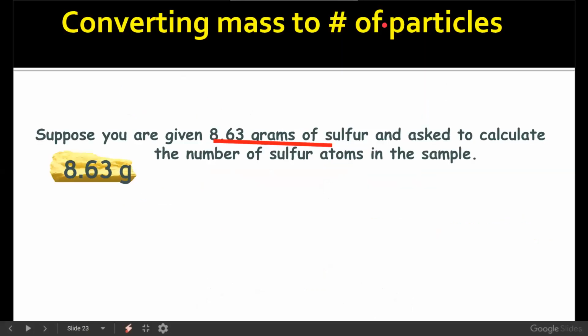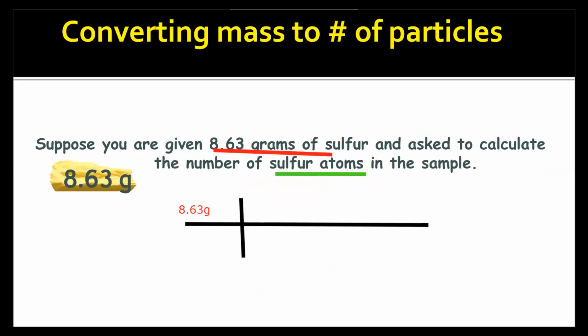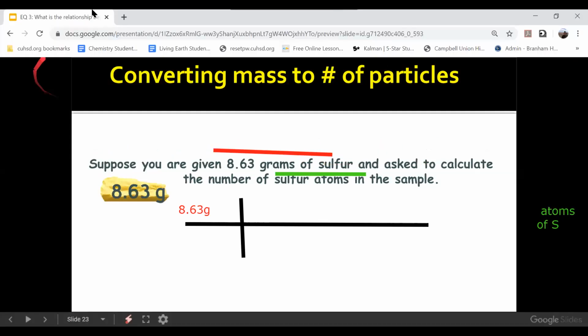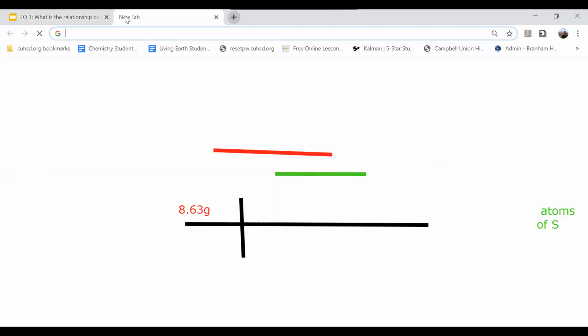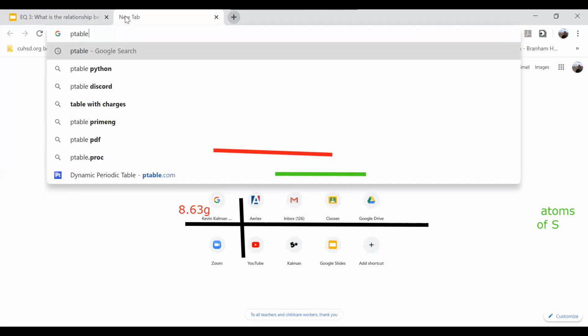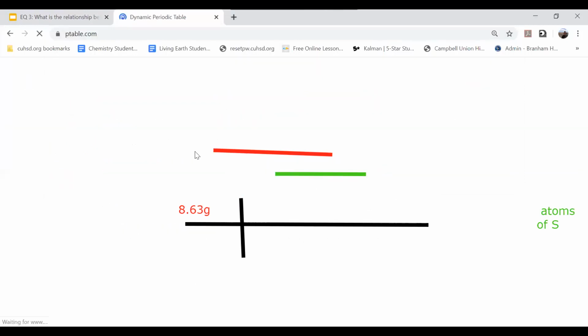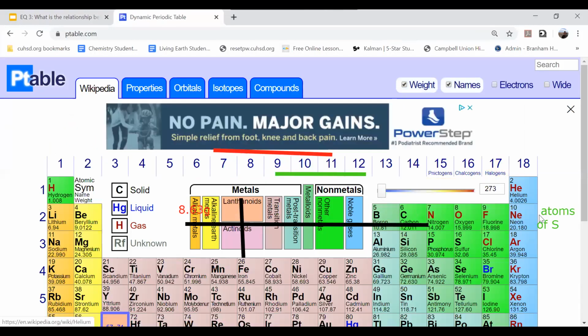Next one, let's redo what I had so far. All right, so the next step I'm going to have to do in this case is we need a periodic table. So let's say I don't have one on me. What I can do is look online, and we gave you a periodic table to use. There's also a periodic table that I like to use every once in a while, and it's just Ptable, a dynamic periodic table. And I'm just going to use it to get that